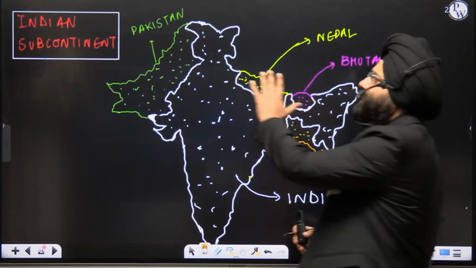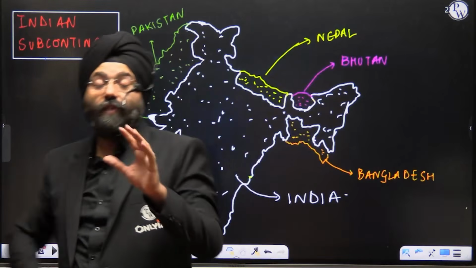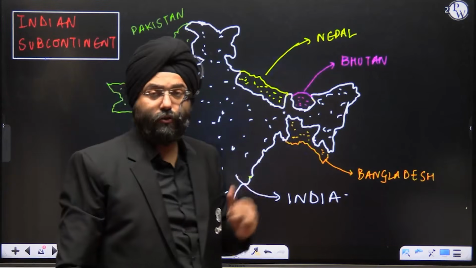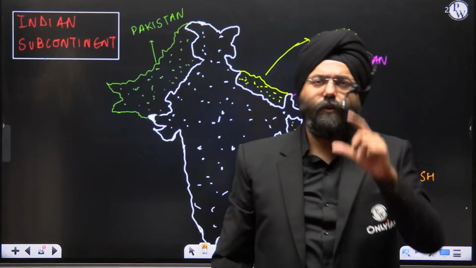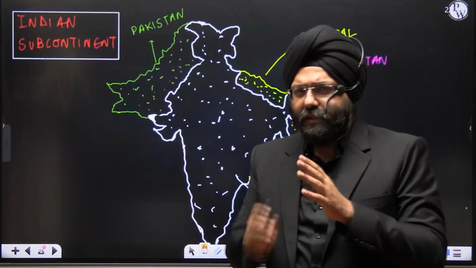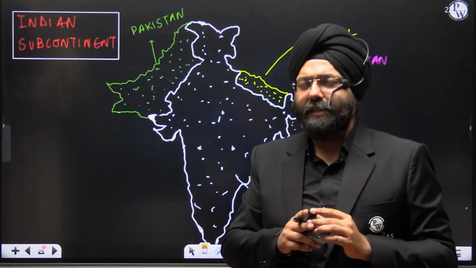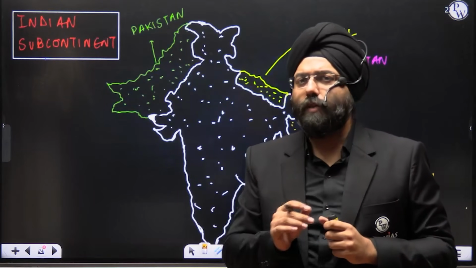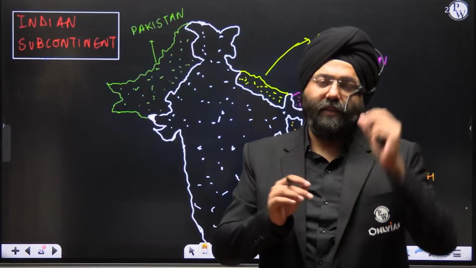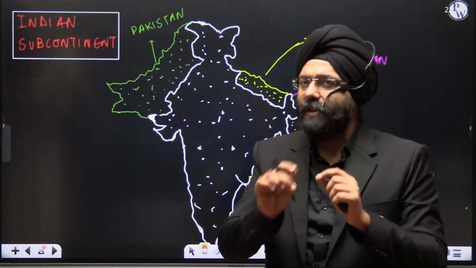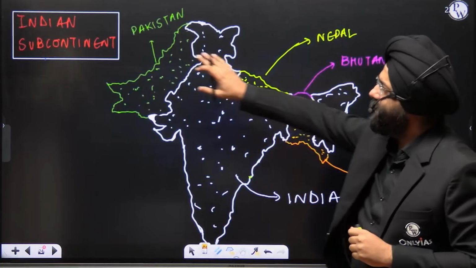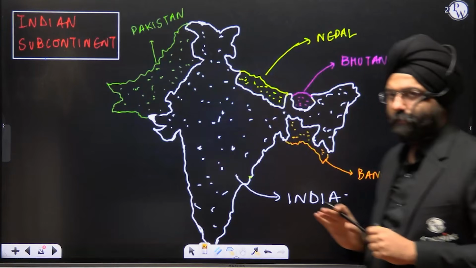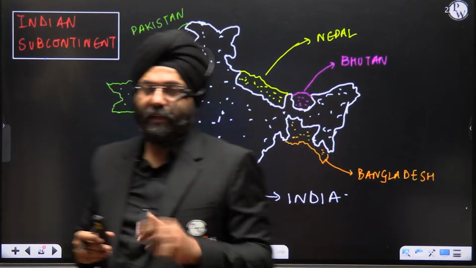Now this is something very controversial, which when I was discussing with certain aspirants, they said, sir, please tell us one thing: when we talk about the Indian subcontinent, certain NCERTs of class 6th and 7th mention other countries like the Maldives and Sri Lanka also. But the NCERT of class 11th, India's physical environment, basically mentions only these countries: India, Pakistan, Nepal, Bhutan, and Bangladesh. So, sir, what should we refer to? Now, please understand,